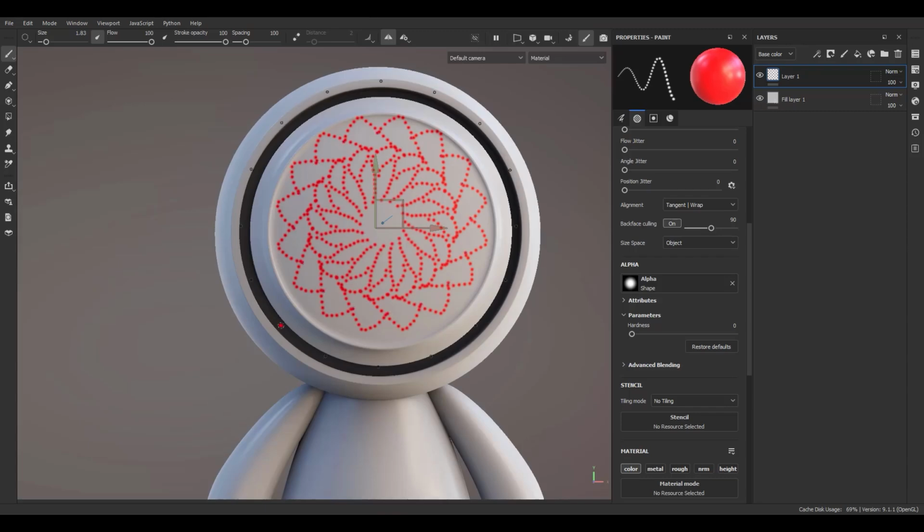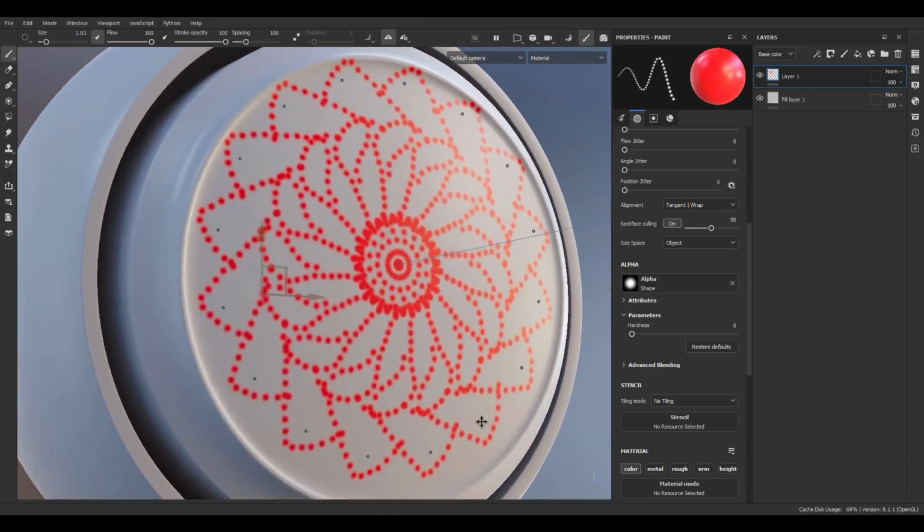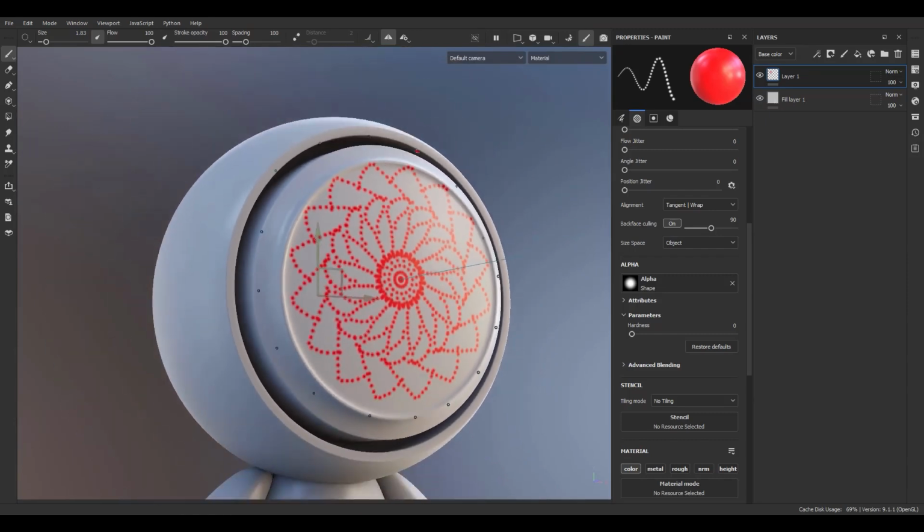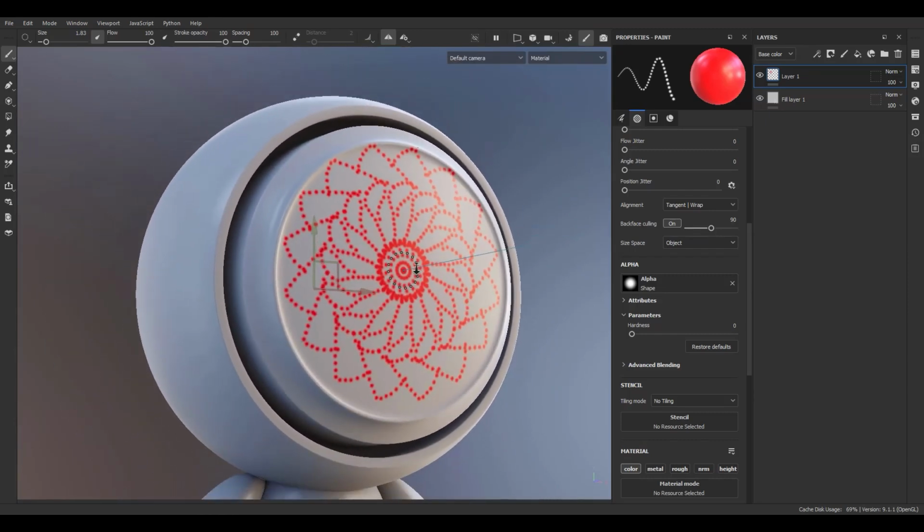we have this kind of symmetry inside the Substance Painter. Okay, this is all the things that we should know about the symmetry option inside the Substance Painter. Let's move to the next concept,